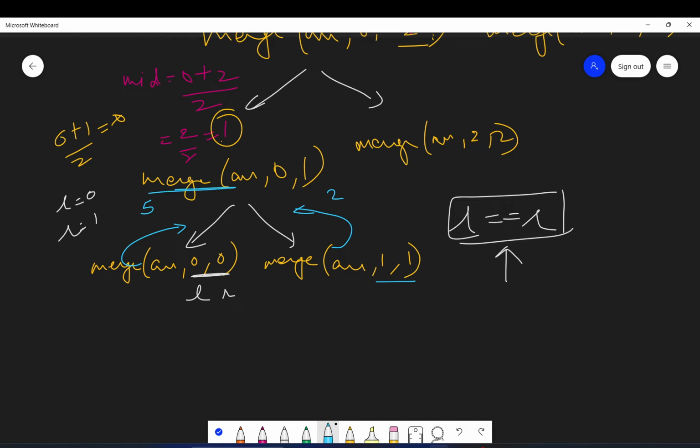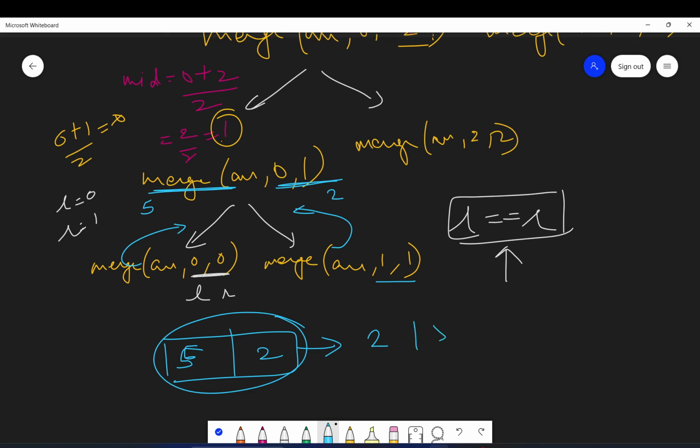Now we get something from left, we get something from right. It's our responsibility to merge this, and we have already seen how to merge it. Once we merge this, we will get the sorted array.